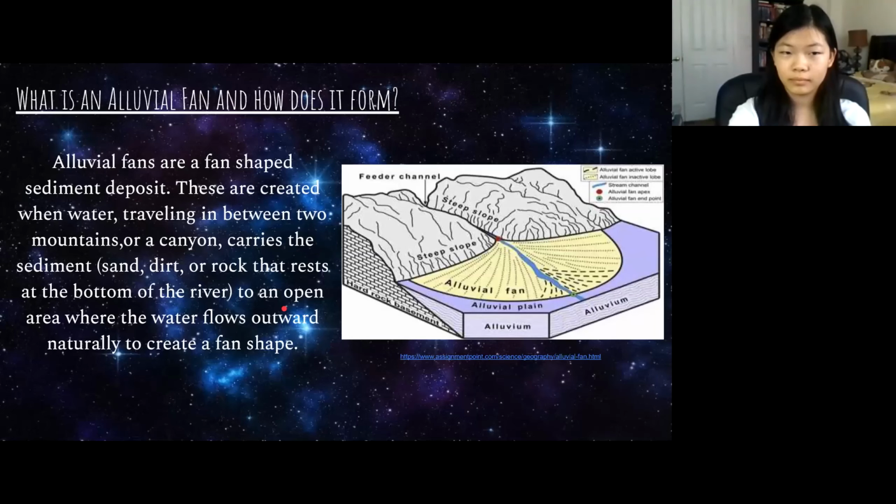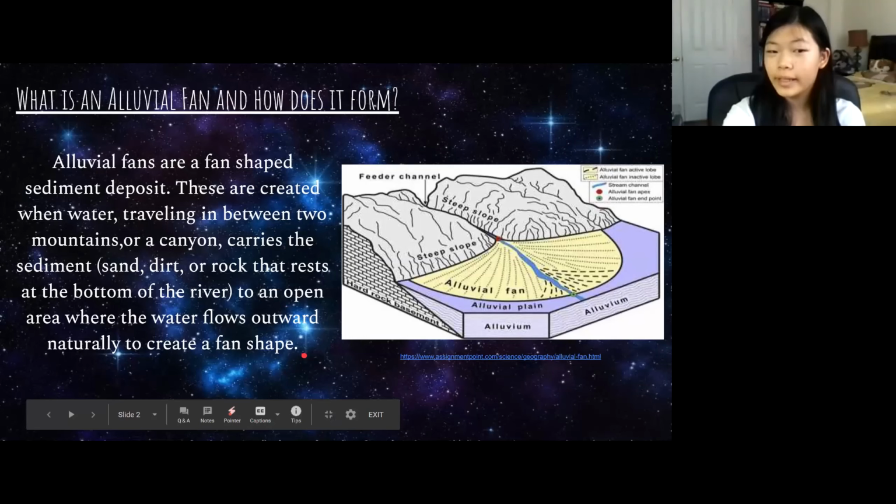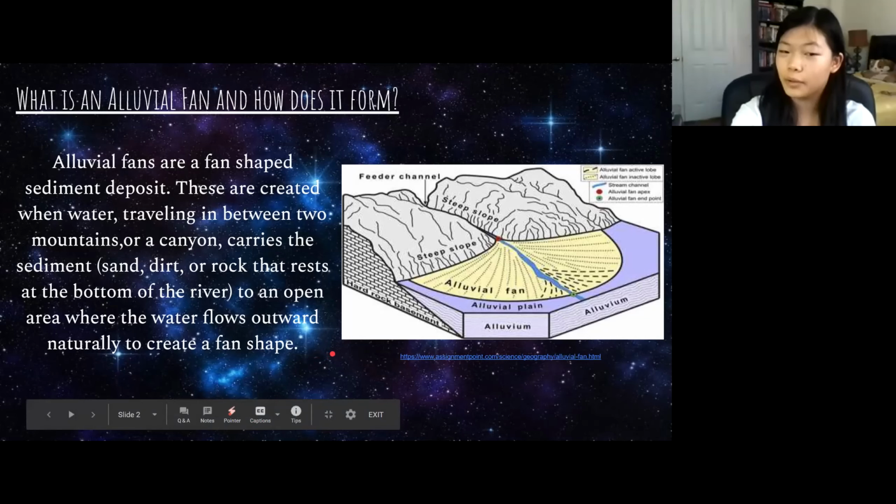What is an alluvial fan and how does it form? Alluvial fans are a fan-shaped sediment deposit. These are created when water traveling in between two mountains or a canyon carries the sediment, sand, dirt, or rock that rests at the bottom of the river to an open area where the water flows outward naturally to create